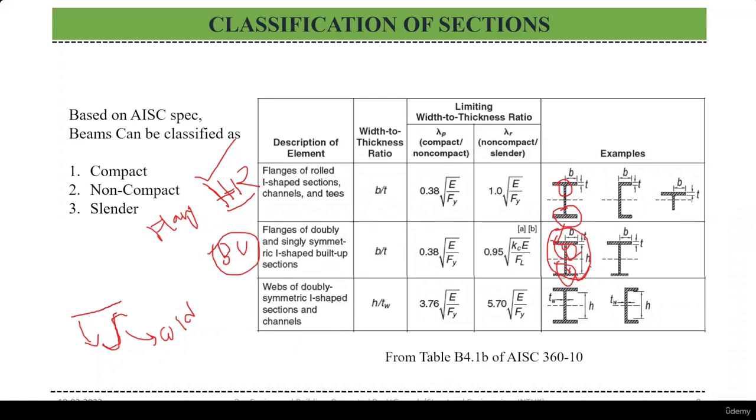If the value is higher than the non-compact slender value lambda r provided here, the section can be called a slender section. Like that for hot rolled sections, for built up sections of flanges, and these are for webs. So for example,